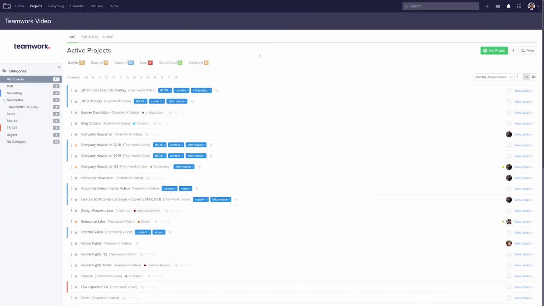Tags in Teamwork Projects are a great way to quickly organize your tasks, projects, milestones, and more. We're not limited to just one tag on an individual item, and we can easily browse through and manage all of our tags in our site settings. Adding a tag couldn't be easier. So, for example here, if we want to tag a project, all we need